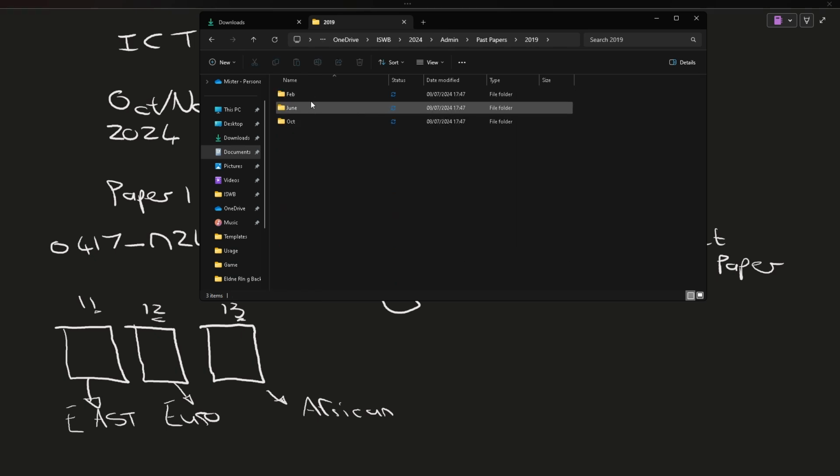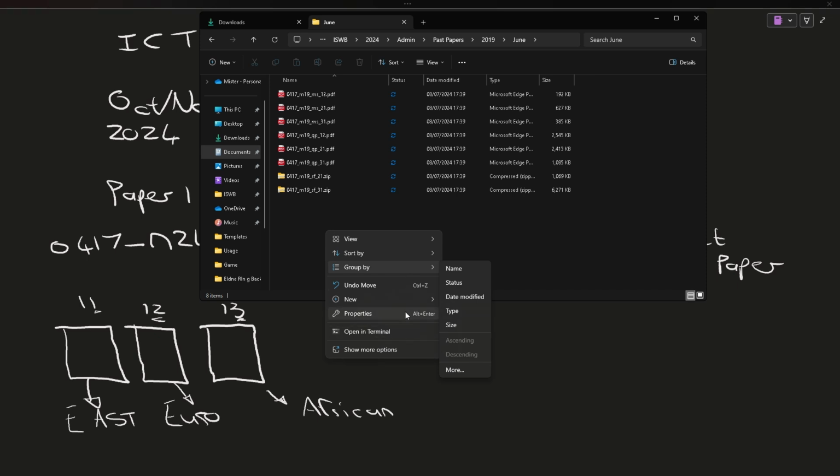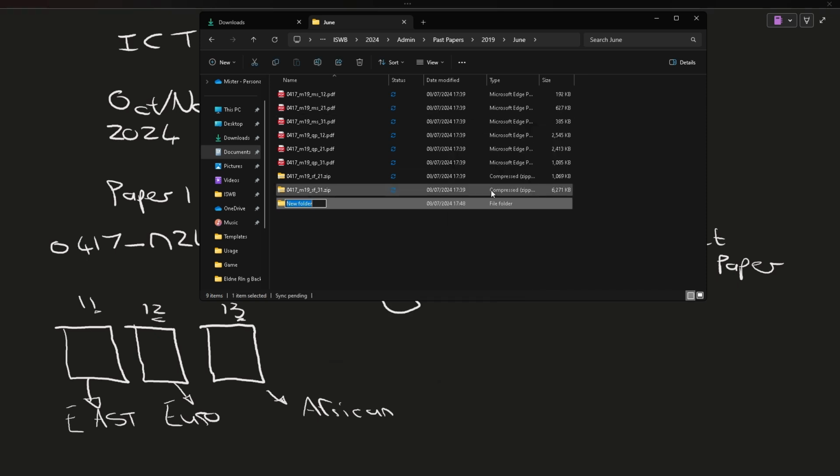And when you're done with this, now you also want to further organize this. So what I would suggest, we have the subject for ICT, we have the year 2019, we have the M, which the M for the 2019 is June, so we have that. Now you can put it into papers, and for each folder there's only going to be 3 papers. So you can just do this. So paper 1,